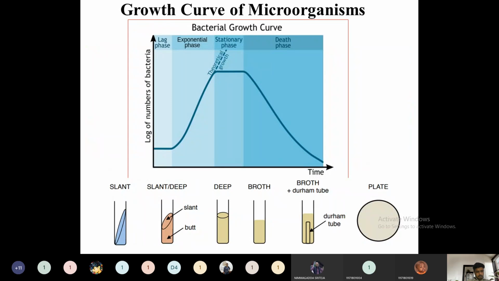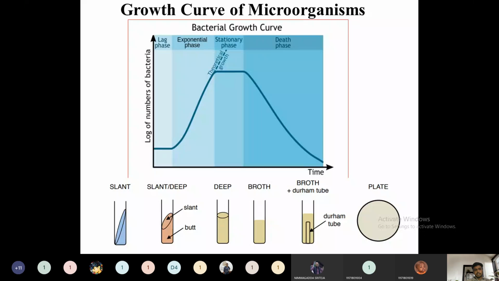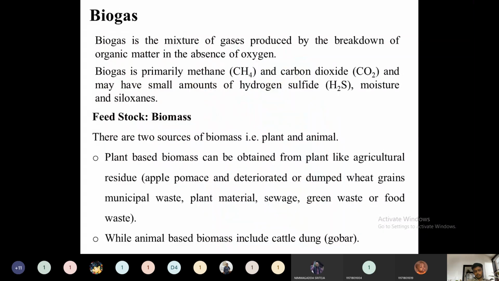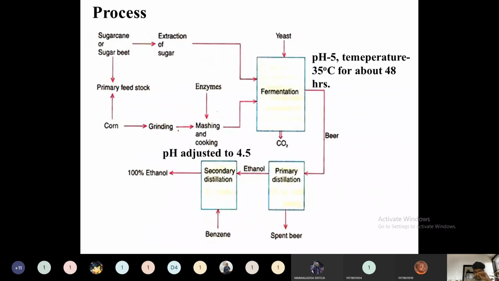If time permits, we will try to revise this once again. In the next class, we will probably see alcohol production and why we have to use it. Then we move to biogas production. Within biogas production, we will first see why biogas is so important, especially from the Indian point of view, and in the remaining class we will see how to produce biogas. So in the next 3 classes we will complete unit 3.